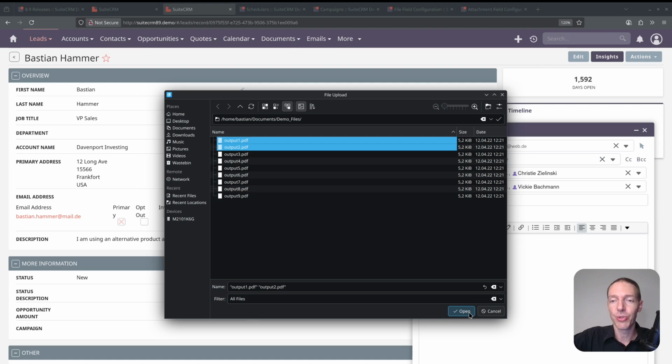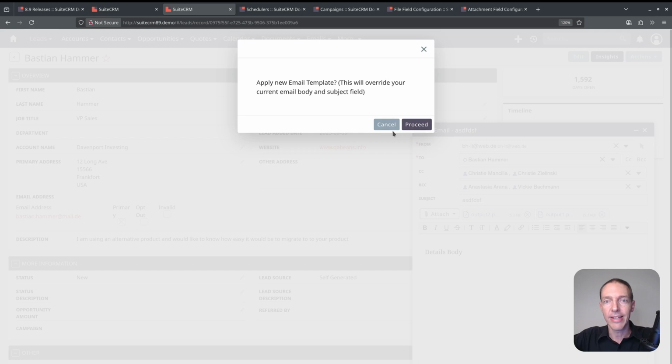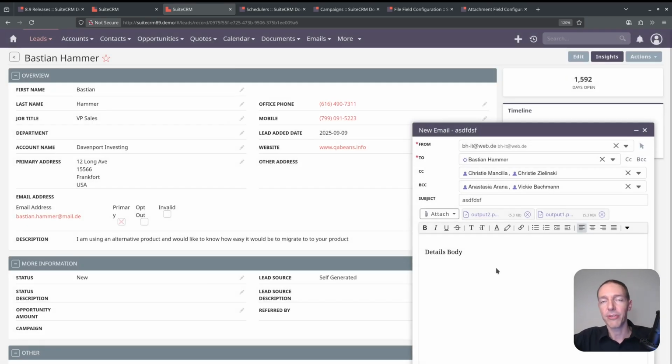I would see like 2 at the same time, and they're showing up neatly here. So really, really good looking. And then, of course, you can add your details, the email body and so on. You would even be able to use a template and work with a template instead of just filling out something here. If you insert template, and then you can select. Of course, now I would need to remove everything that I've written already, but then you can select from the